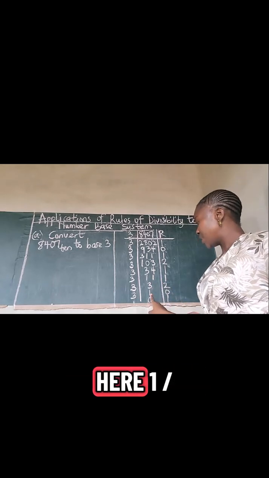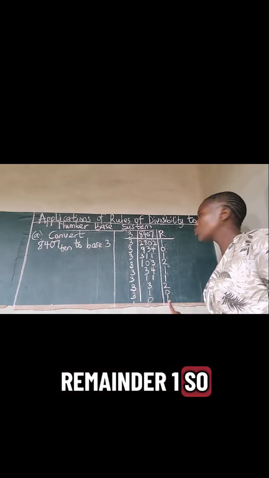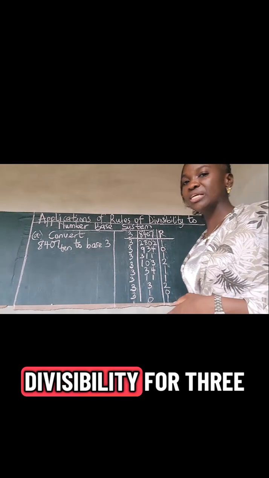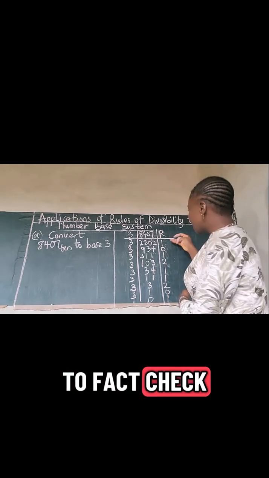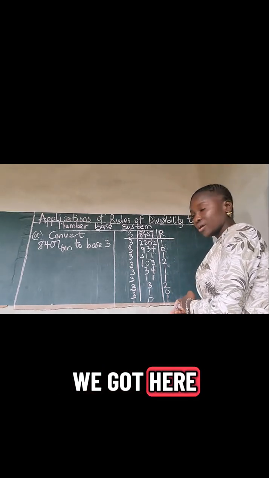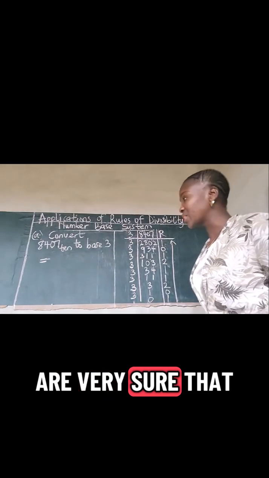You have 1 here. 1 divided by 3, 0 remainder 1. So the rules of divisibility for 3 has helped us to fact check the answers we got here as the remainder. So now we are very sure that